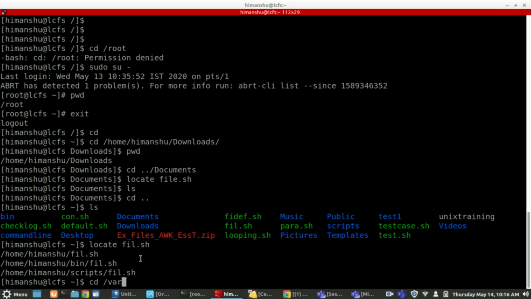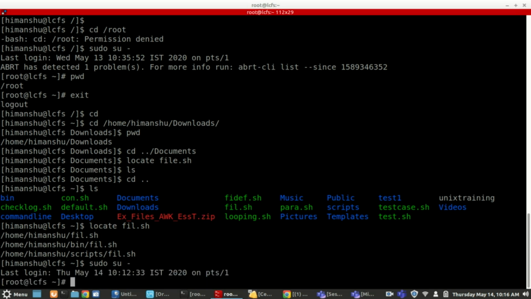If I am running this command, what type of path am I giving here for the file?